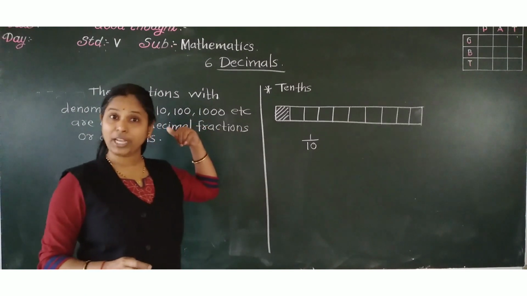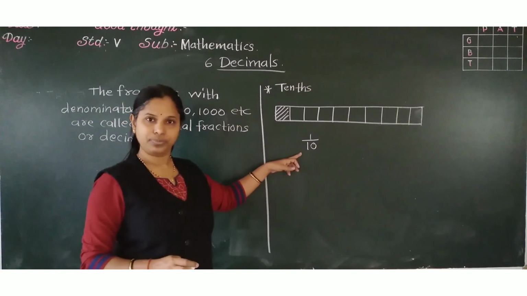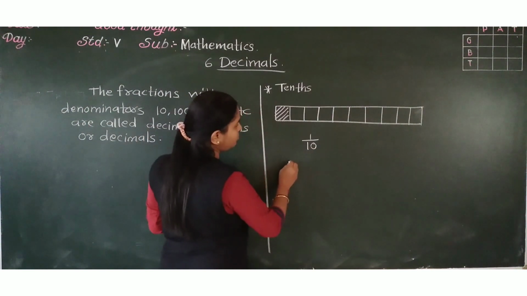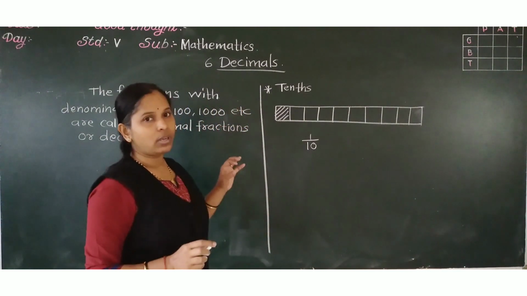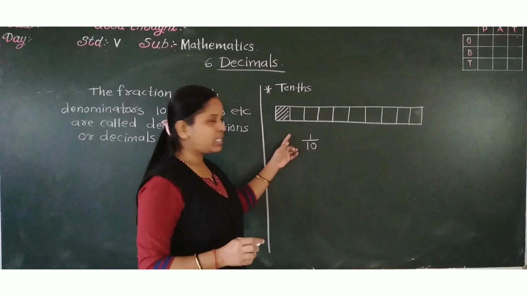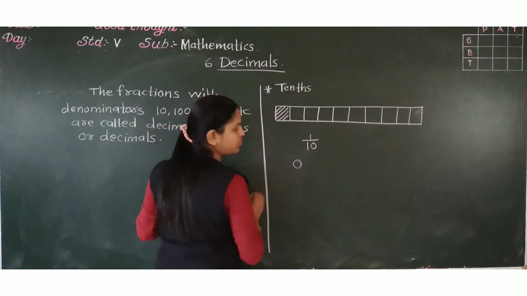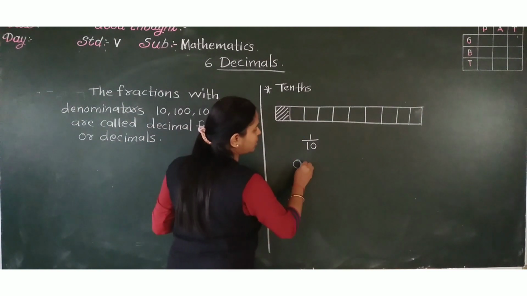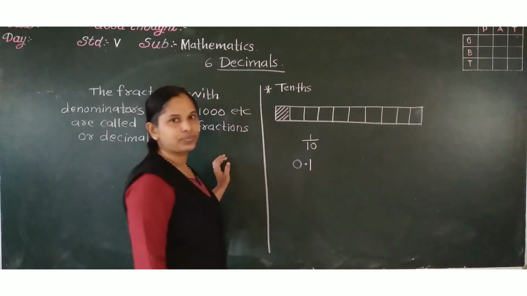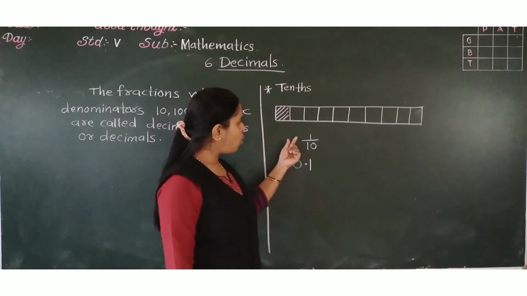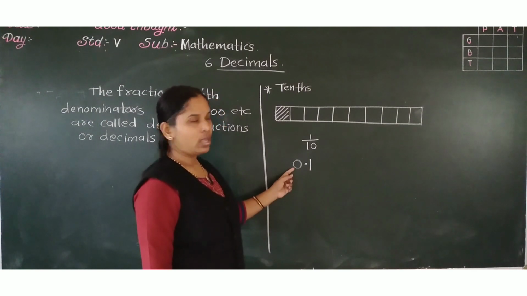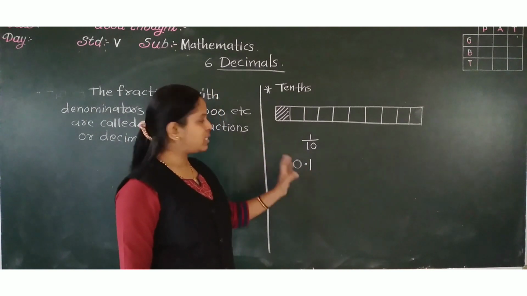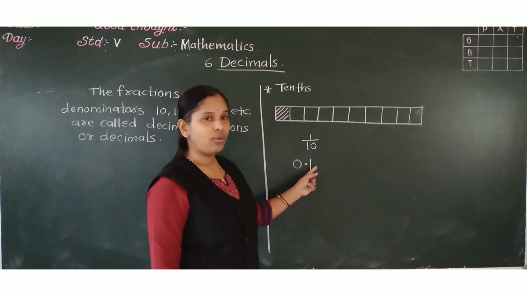Okay. We have learned in fractions how to read it. This fraction is 1/10. And here, does it have any whole part? Any whole number here? No. So that is 0. Okay. And if you divide 1/10, you will get the answer 0.1. Or see here, the whole part is nothing, so 0. And out of 10, how many parts are there? 1. So 0.1. This is how to read 0.1.